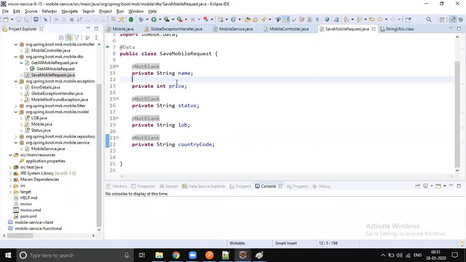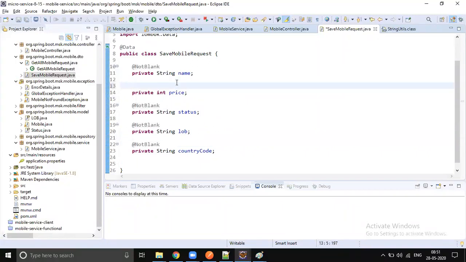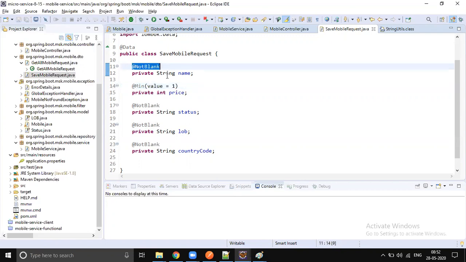And at the same time, where you have price, price should be an integer, right? Instead of primitive. Let me complete, Anshuman. I'm going to say the same. Okay. So it's an integer, right? So we should use the min annotation, and you should specify what is the minimum value we should accept, right? So the minimum value should be 1. So if it is less than 1, then this framework will automatically validate. Yes. So integer, right? If you try to put blank, it won't work.